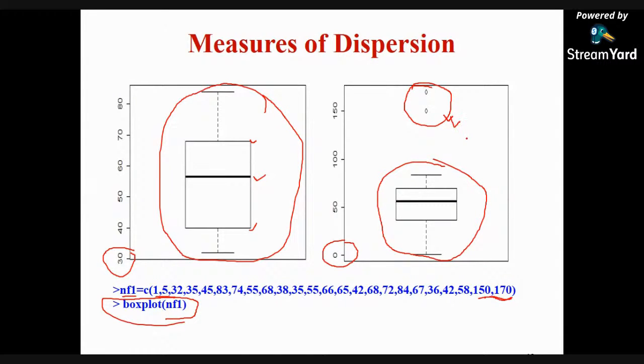So at one go, I can have a look at whether any outlier is present or not, and also other statistics: what is my minimum value, what is my maximum value, and where does my median lie, where is the middlemost value situated. Right? This helps us. This is one way the box plot helps, as you can compare two particular data sets, a data set where no outlier is present and a data set where outliers are present. Okay,